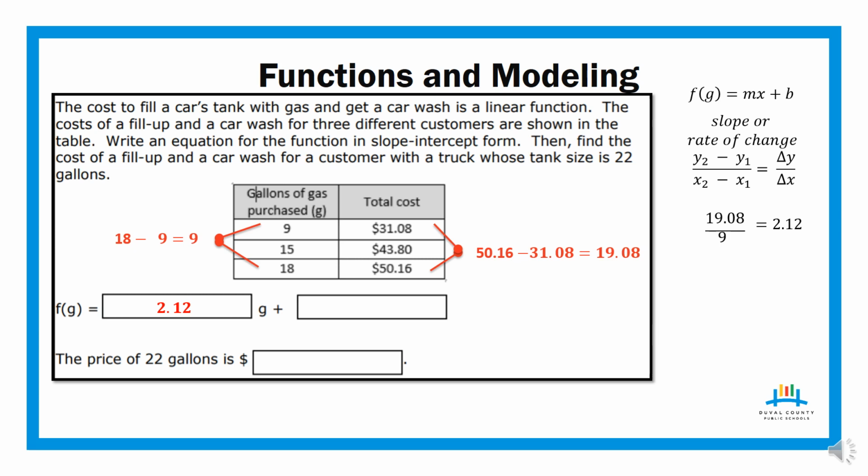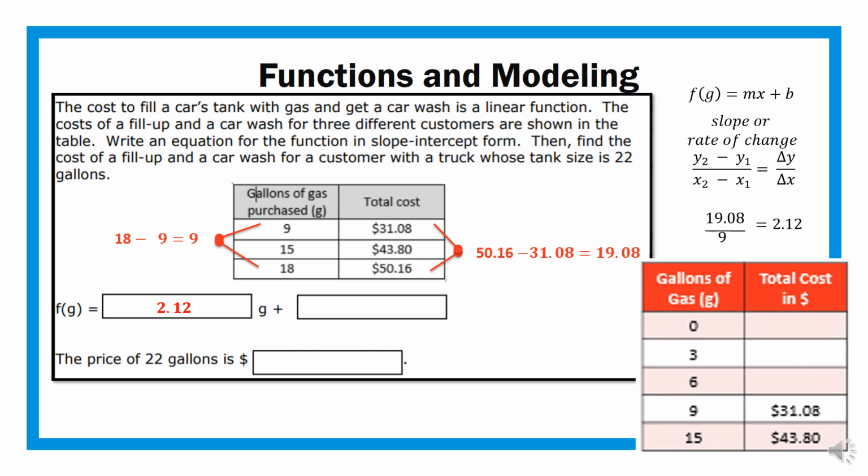To calculate our y-intercept, we're going to have to adjust our table of values to allow for 0 gallons of gas. So here's our table. For the y values, I will need to subtract 3 times $2.12 for $6.36, since our intervals are in a pattern going by threes. So $31.08 minus $6.36 will leave me with $24.72. For 3 gallons of gas,